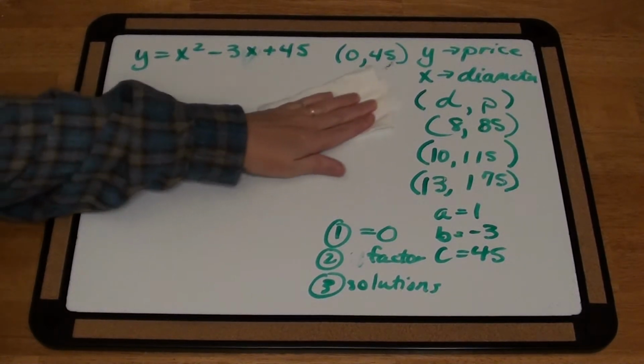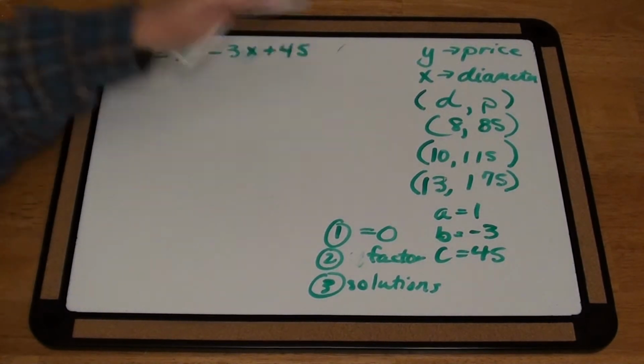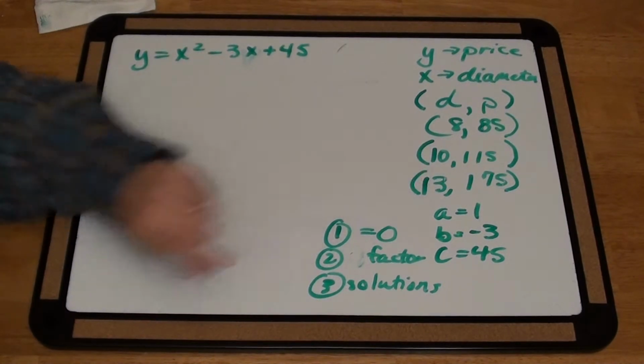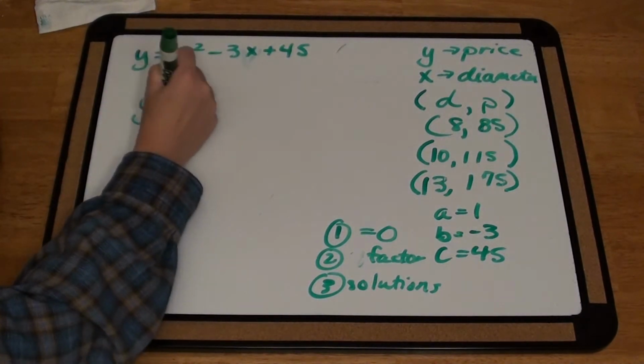So we have 3 points. We've been given 3 points: (8, 85), (10, 115), and (13, 175). So if we had a line,